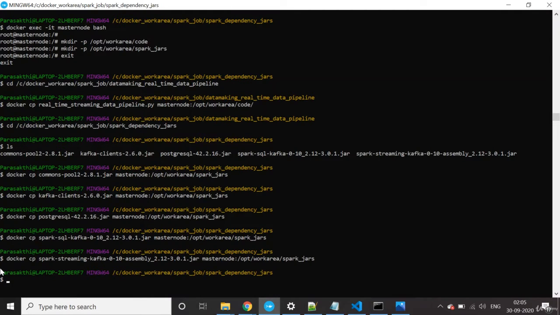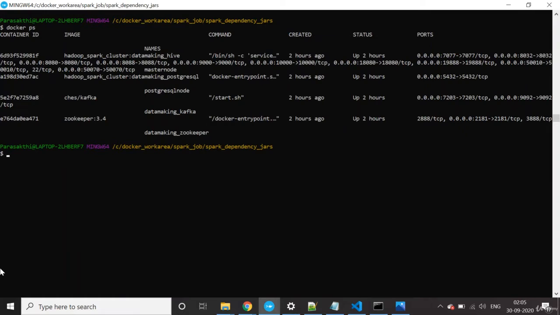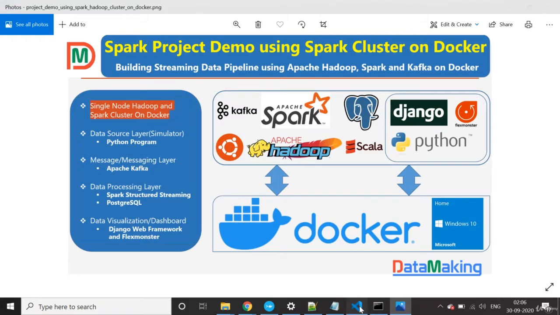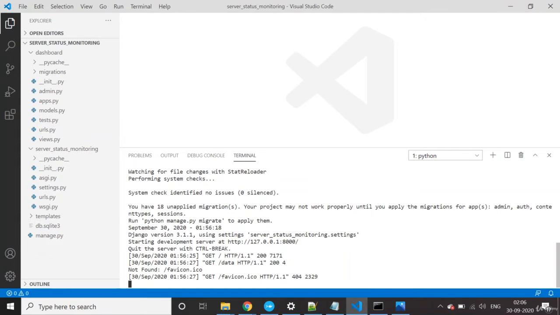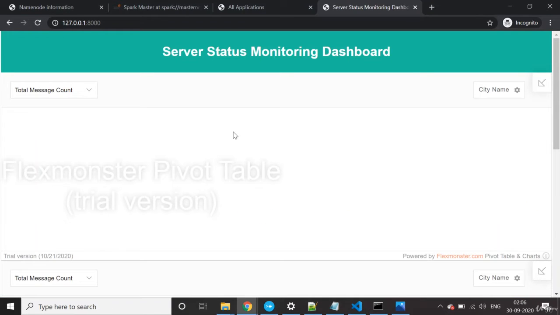Now let's check which containers are running. All 4 containers are running: Zookeeper, Kafka, the Postgres SQL node, and the master node. I also ran the dashboard application using our Visual Studio Code IDE, and the dashboard application is running.